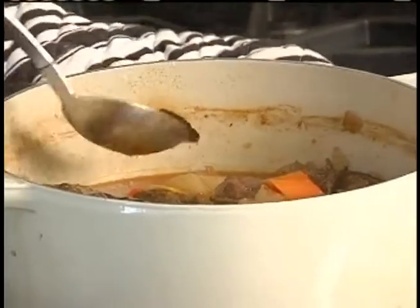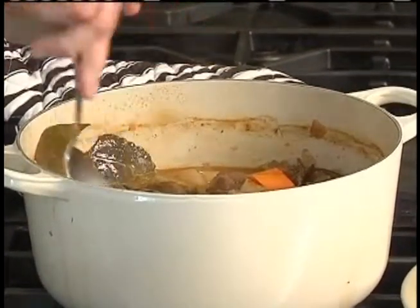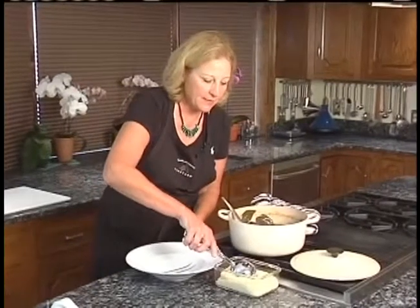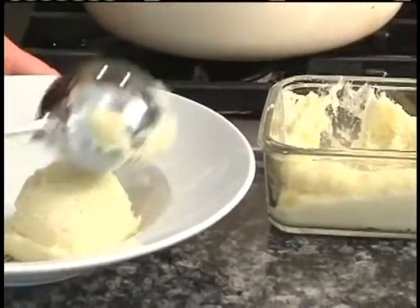This is the bay leaf. Push it aside because we don't want that to be in anyone's dish. Now I like to serve Osso Bucco in a bowl, and I like to serve it with mashed potatoes. So let's just take a scoop of mashed potatoes, put it in our bowl,